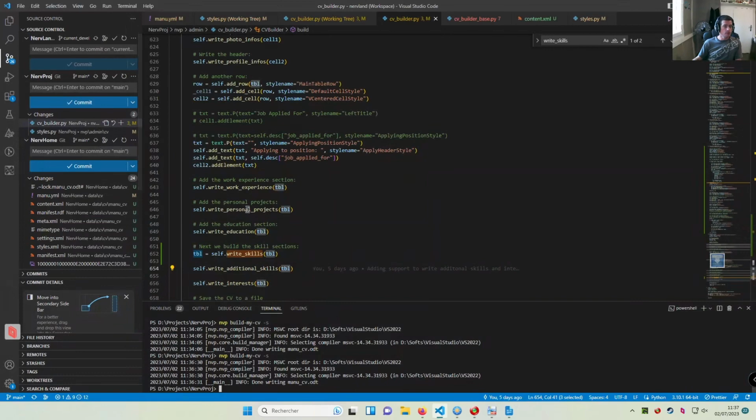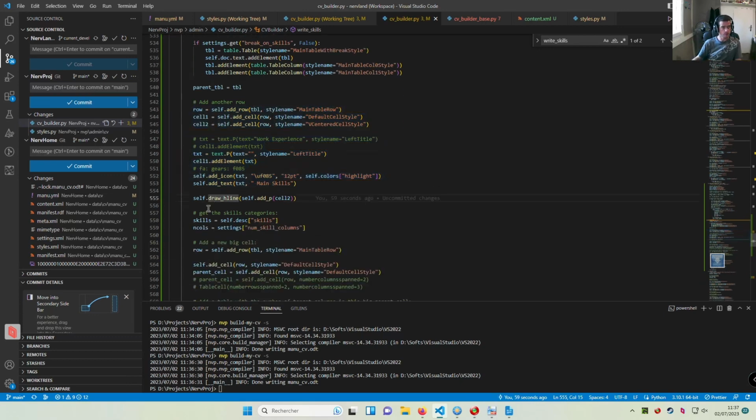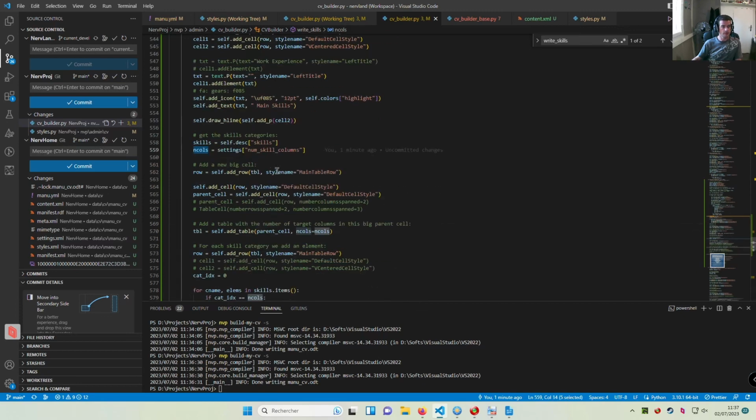Do I need to explain anything else? So on the right skills, here we start with adding a row with the line to report the main skills title and the line on the right side. So with the draw line, then we start actually iterating on the skills entry in the configuration, and we figure out how many columns we have, and we start building a single row where we're going to put the full